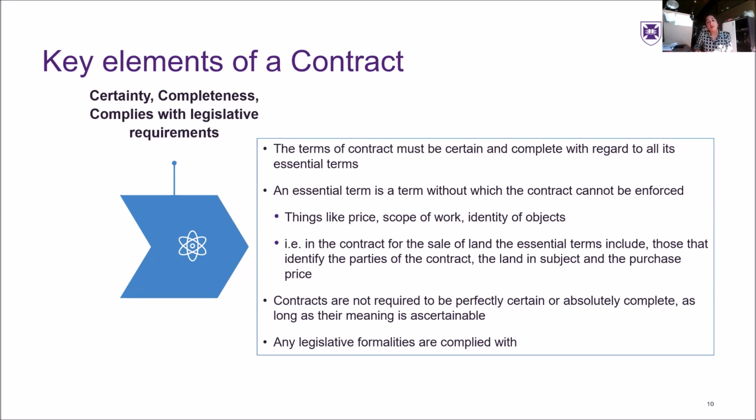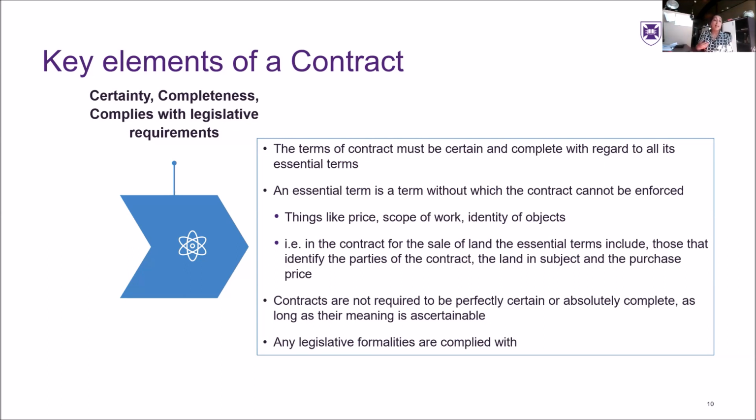The meaning might be found in other parts of the contract. There might be methods within a contract to deal with ambiguous clauses. Courts might intervene to interpret contract clauses, which we'll come to in a minute. Or you might be able to sever certain terms, but you won't necessarily get rid of the whole contract just because some terms are ambiguous. However, they need to have the essential terms, and the essential terms need to be certain and complete.